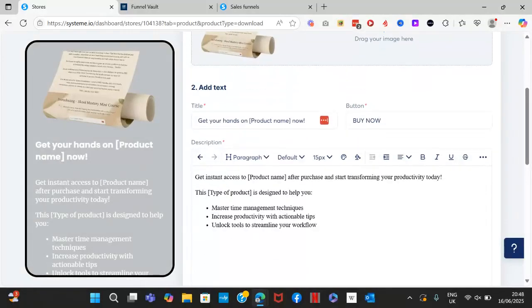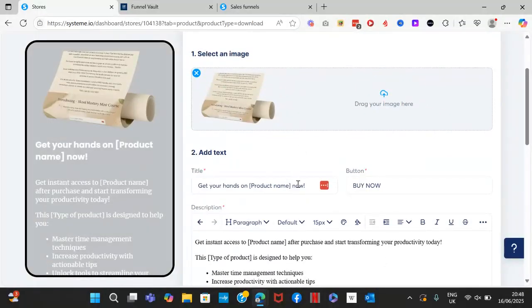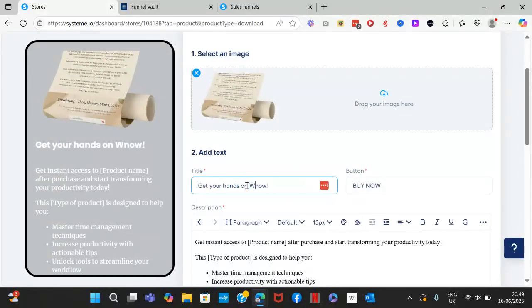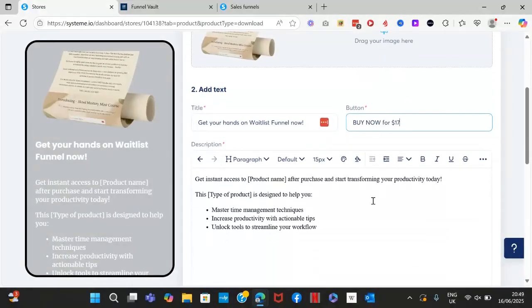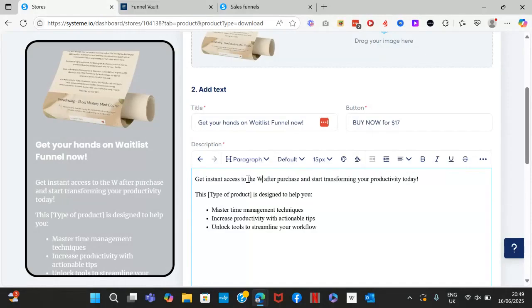All right, and then go ahead and add your text again here. So this is after people click to buy the product, they're going to see further information about this product. So get your hands on the waitlist funnel now. Buy now for $17. And then give a description. So get instant access to the waitlist